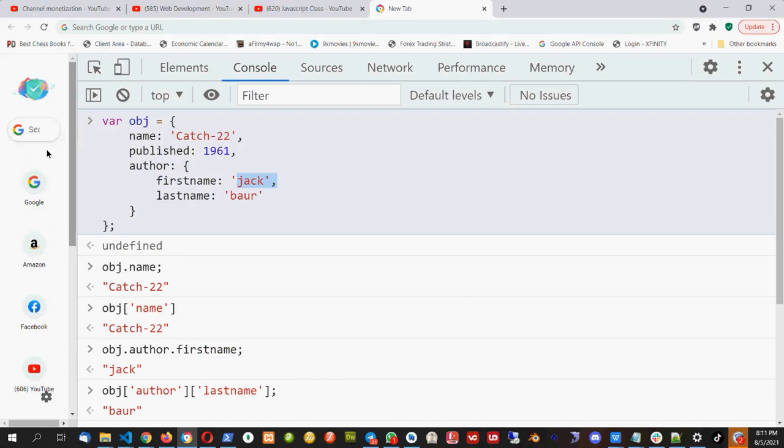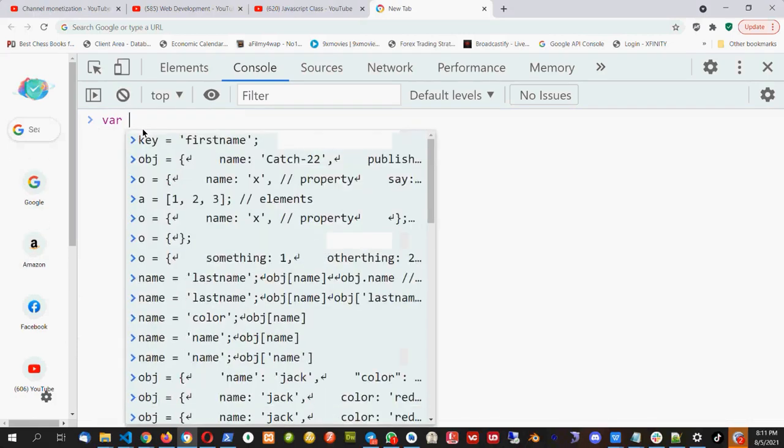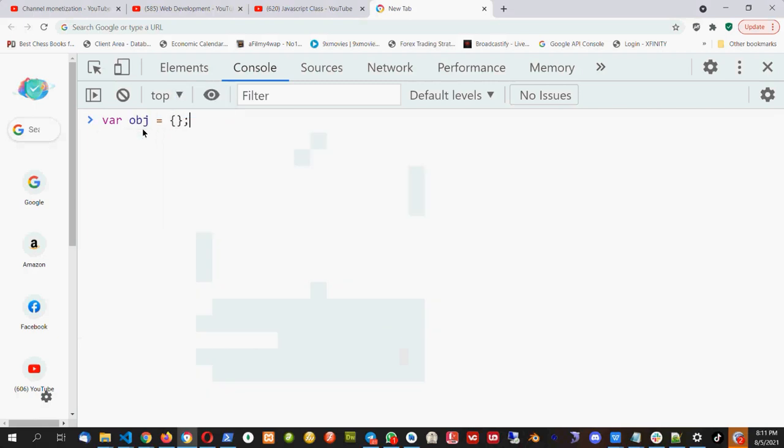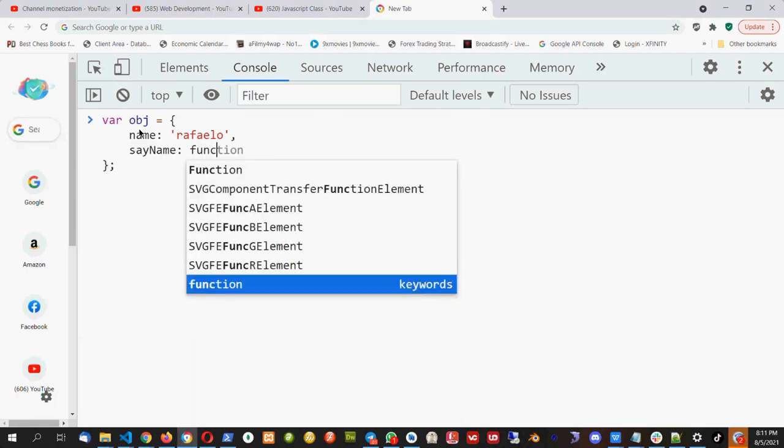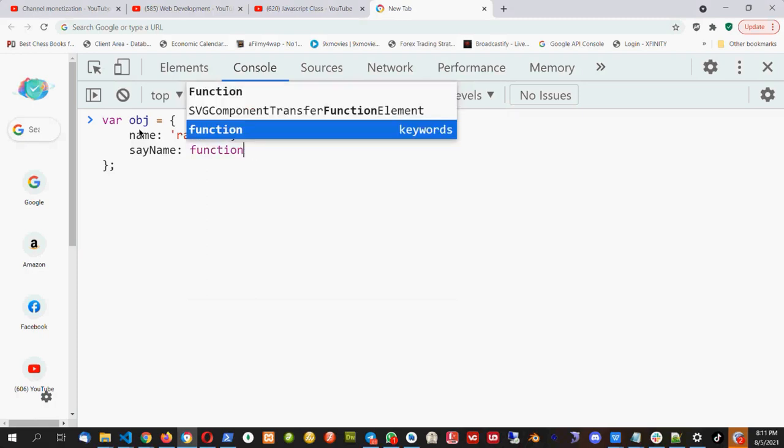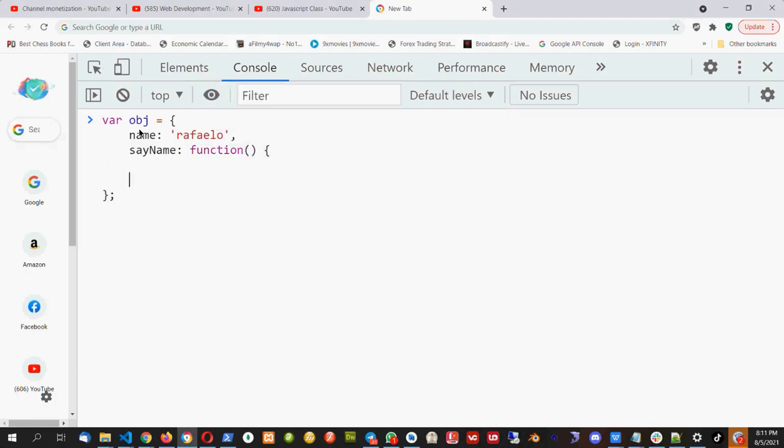Now let's go further. Let's create another object. Var object equal to, I create another object, and here I will put the name Raffaello, and I will put the name, say name. Okay, say name, and here say name will be the function. So what I did, I created a function, say name, and in this say name I